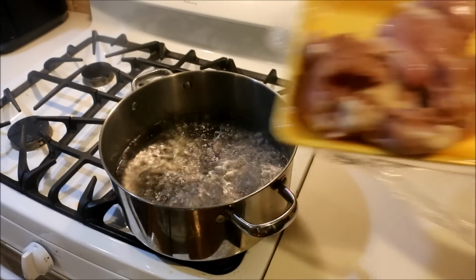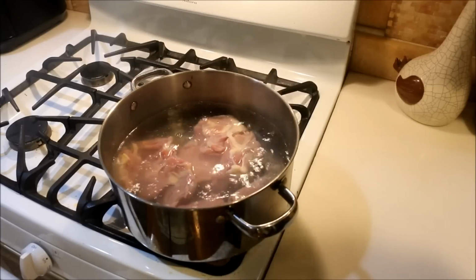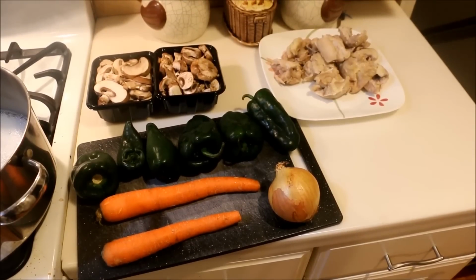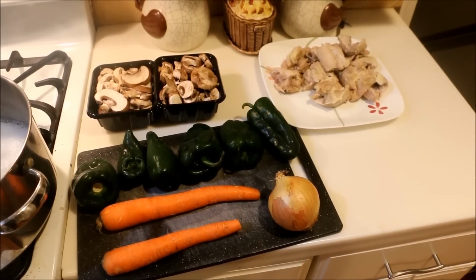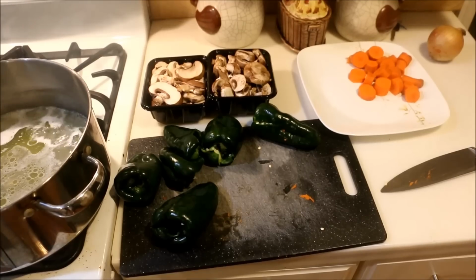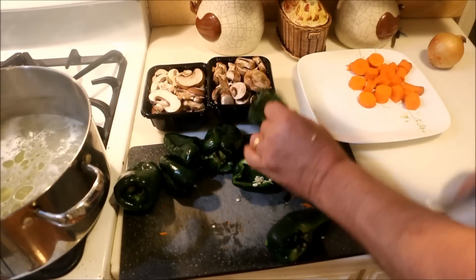Okay, I've got 4 cups of boiling hot water here. I've got 2 pounds of what they call organic, skinless, boneless chicken thighs. Works perfect for this poblano chicken soup recipe. Here's the lineup here. We've got 2 carrots, a small onion, some poblano chilies, and of course 2 packets of baby bello mushrooms. Our first task at hand is to cut up these